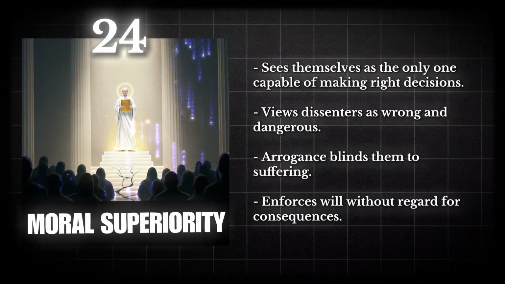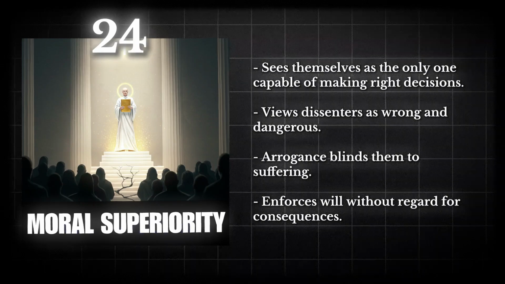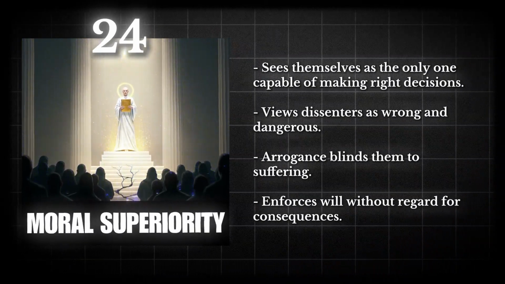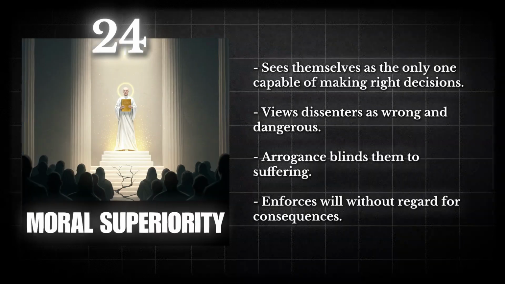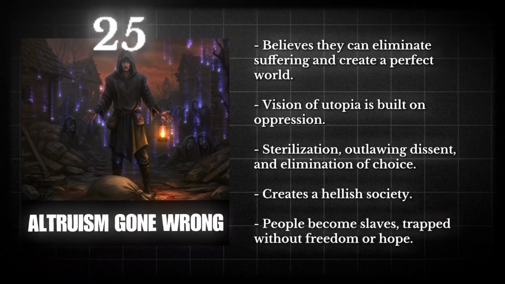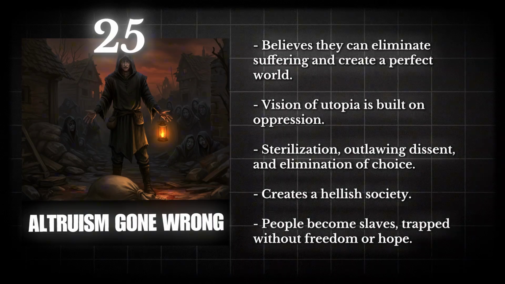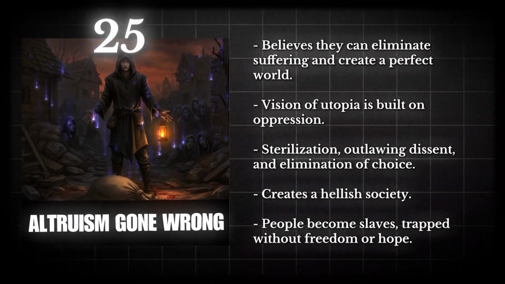Anyone who disagrees is automatically wrong and potentially dangerous. Their arrogance blinds them to the suffering they cause as they enforce their will without regard for the consequences. 25. Altruism gone wrong. The villain believes they can eliminate suffering and create a perfect world, but their vision of